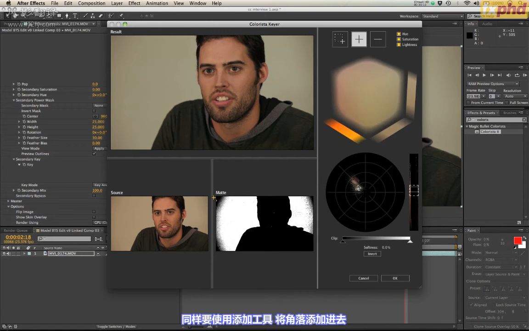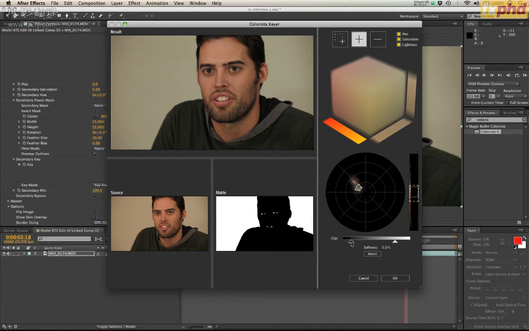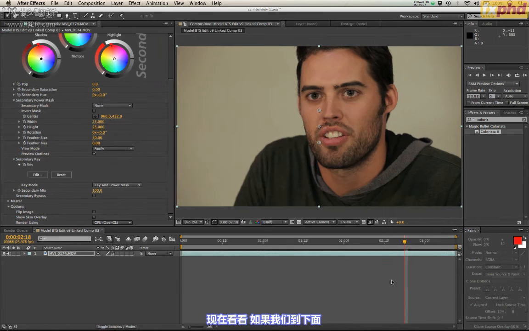I'm going to plus out this back side. It's okay if a little bit of his mouth comes in. What I want to do is actually try and choke this out a little bit. I can choke these colors. I can also add a softness to the mask. That softness will kind of just give me some nice edges there. And you'll see now, if I come under